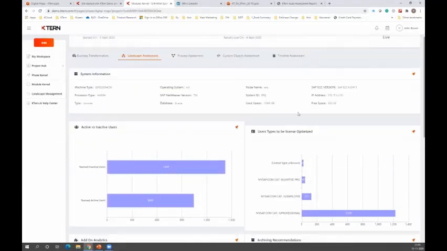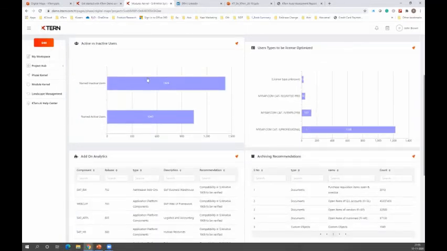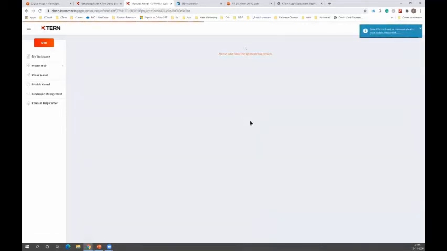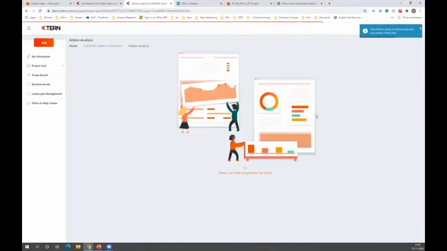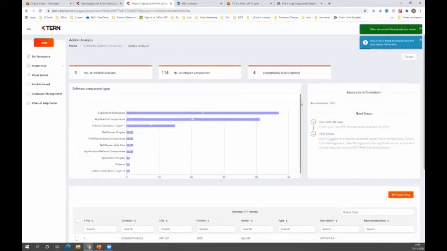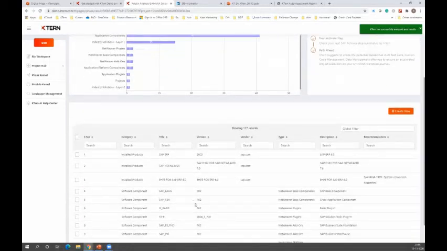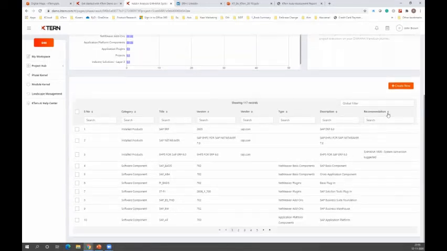So if you really look at it, you could click on these icons and have more details about it. That is possible, but this is at a summary level. We have given the information, but if you click on this icon, you will be able to see more details about how a particular add-on has been done, who the vendor is, and what we should be doing about it in terms of recommendation and things like that.